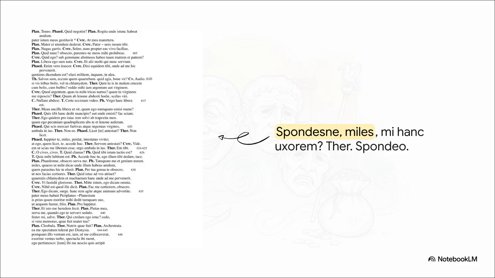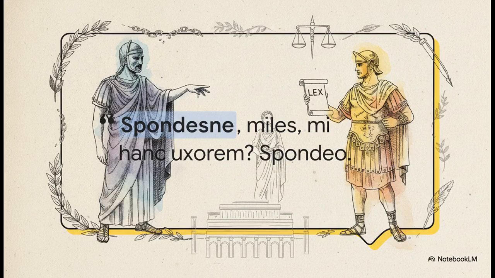The pimp Cappadox is financially penalized for his perjury regarding the girl's status, and the narrative architecture absolutely demands a formalization of the lovers' union. We see the language of financial purchase entirely replaced by the language of lawful Roman betrothal. "Spondesne, miles, mi hanc uxorem?" "Spondeo." Do you pledge this woman as my wife? I pledge it. We witness a text that begins with illicit desires lurking in the shadows, only to conclude with strict legal justice operating in the light.